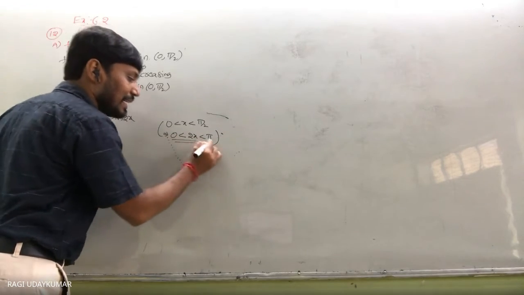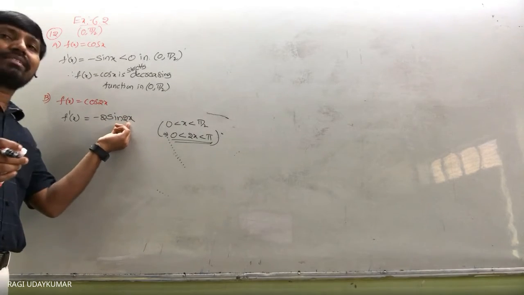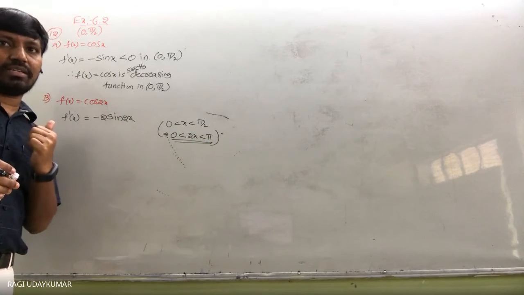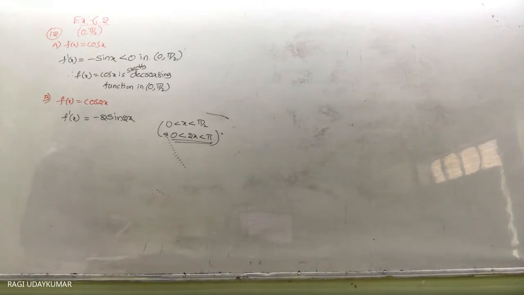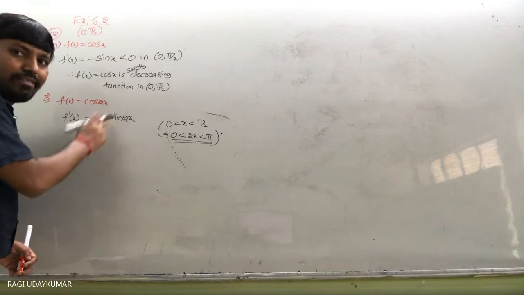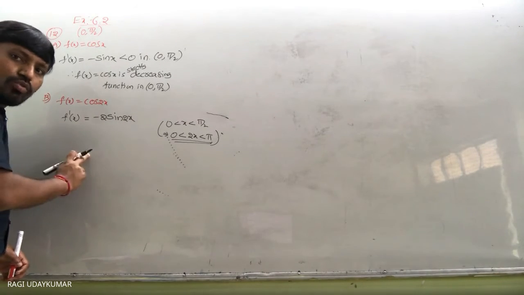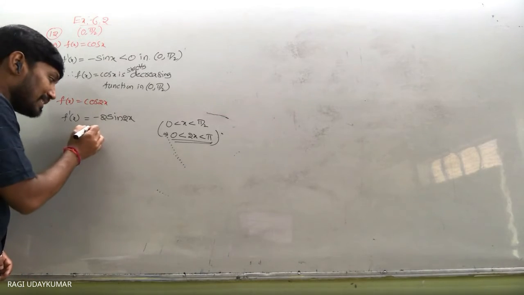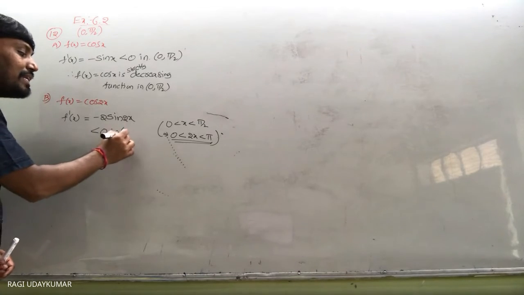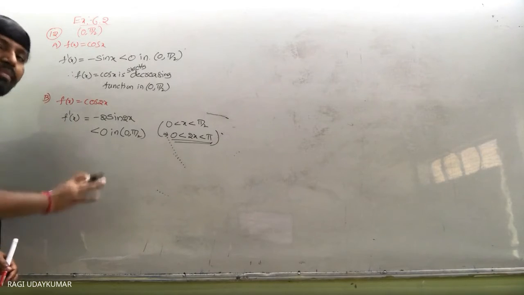That means in this interval 0 to pi, what will sin 2x be? 2x is in between 0 and pi, that is the first and the second quadrant. In both the first and second quadrants, sin 2x is positive. All Silver Tea Cups, consider the first two quadrants. So in the first two quadrants sin 2x is positive. But this is minus sin 2x now. So this is less than 0 in the interval 0 to pi by 2. You have to write 0 to pi by 2.